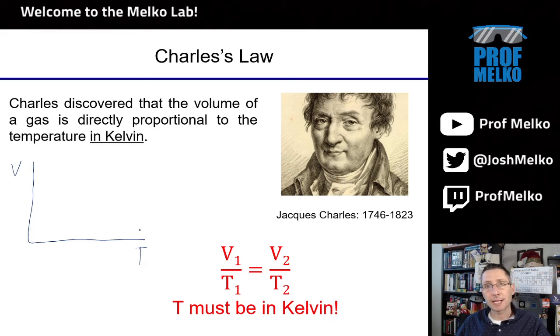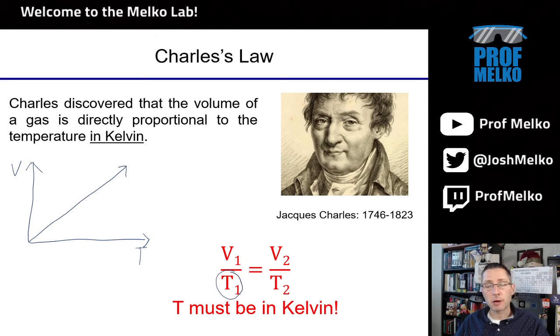As the temperature of a gas goes up, that gas tends to want to expand or increase its volume. Why? Because it has more energy pushing on the walls and trying to expand the volume. So as temperature goes up out to the right, volume goes up on this axis. Okay, so temperature and volume here are directly proportional. Charles identified the exact relationship you would use in calculating temperature to volume relationships and named it after himself, of course, Charles' law.